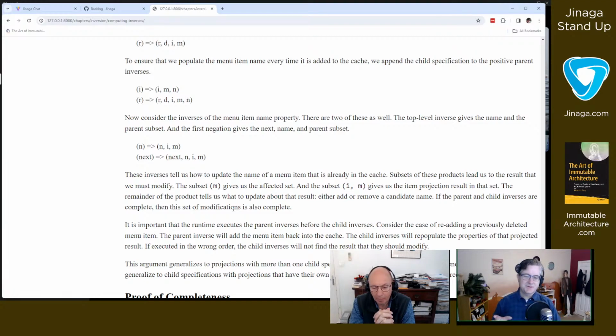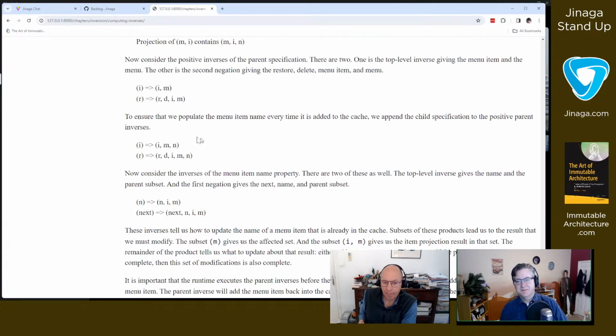But nope, as it turns out, this part is actually okay. The error that I thought that I made was that I thought that I didn't have to account for the other positive, the other inverses that would add to the cache.